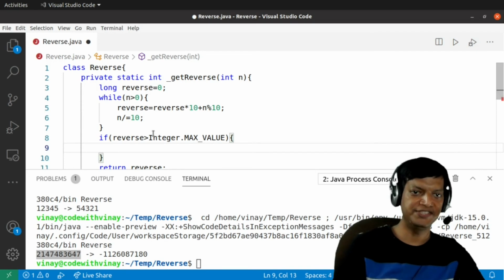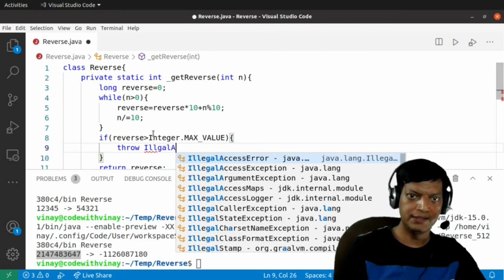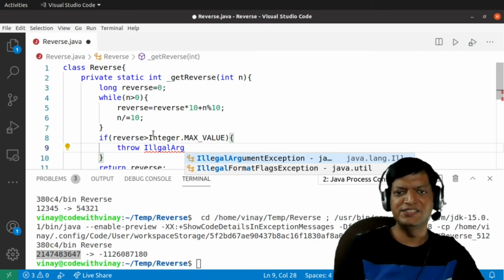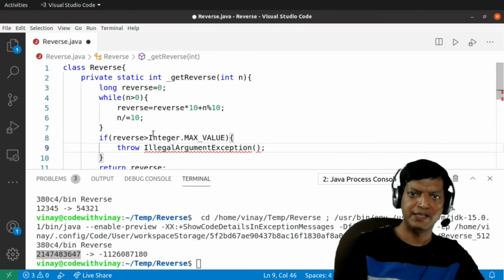We'll say throw illegal argument. We could have returned a runtime exception, but I believe the argument is illegal in this case, so better call it throw illegal argument exception, and that's it.